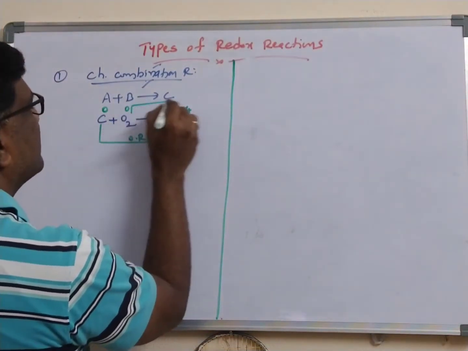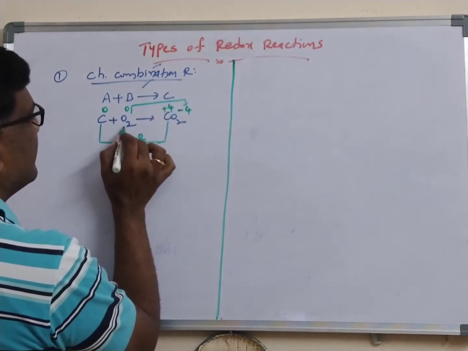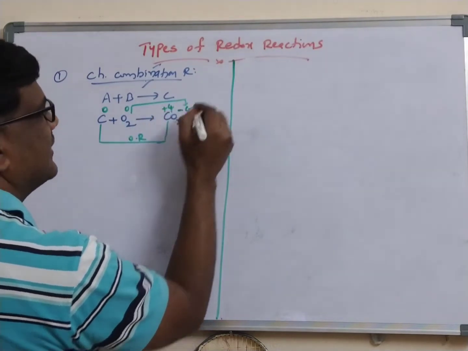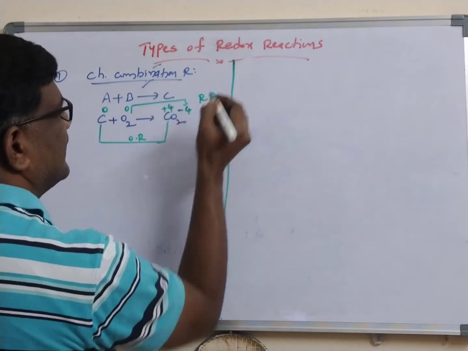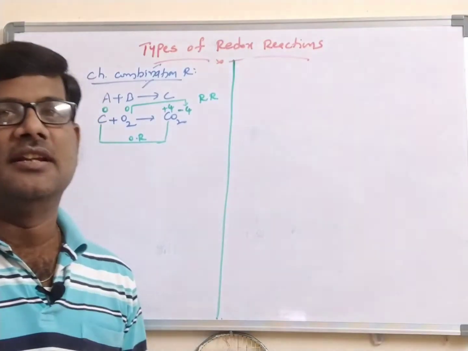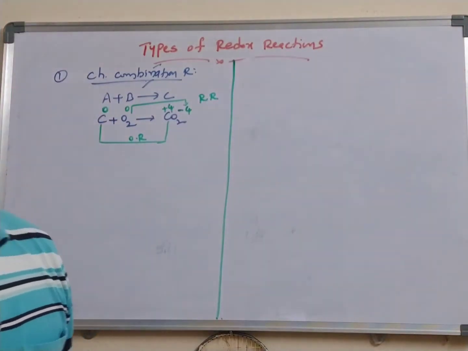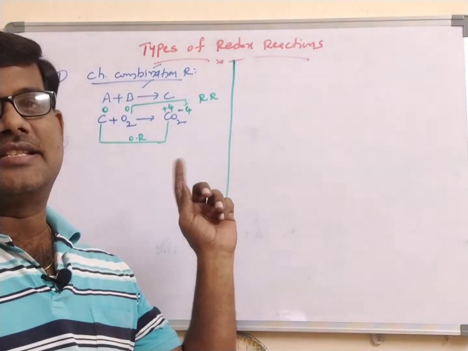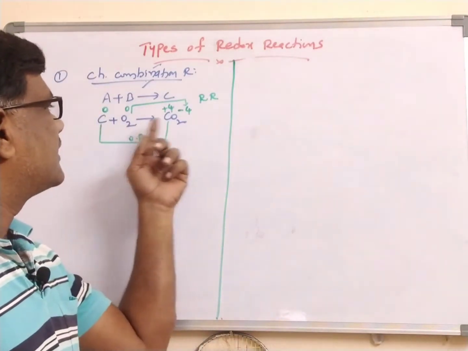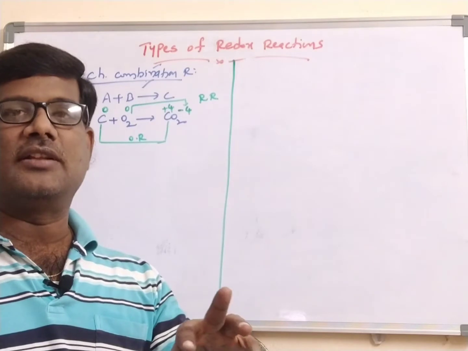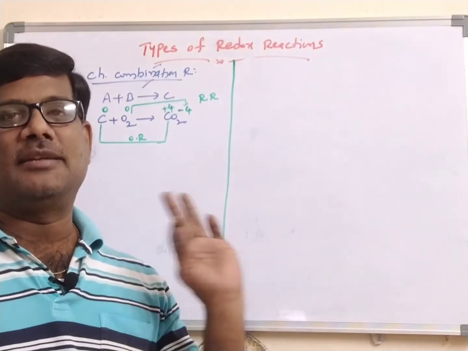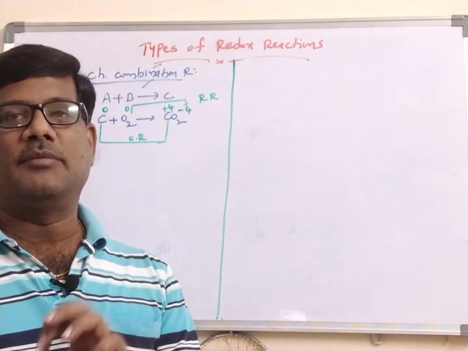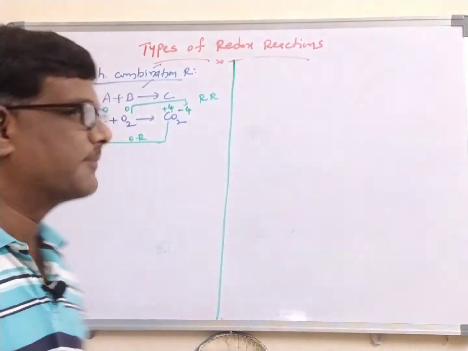If you observe the oxygen, it changes from 0 to -2, decreased. A decrease is called the reduction reaction. Ultimately, both oxidation and reduction take place simultaneously, and in this reaction two elements combine with each other and give the product where you get oxidation and reduction. Ultimately, this reaction is called the chemical combination reaction. That's all.